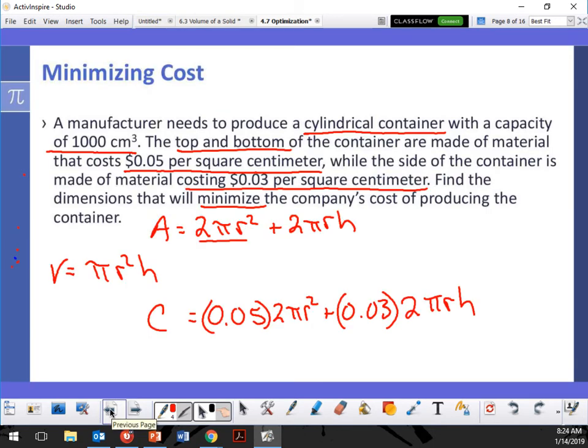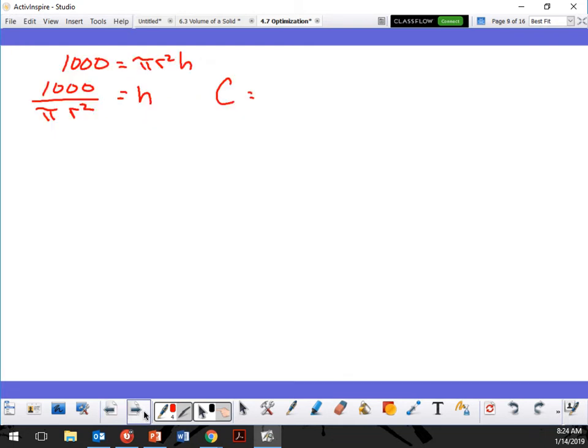let me see. I could actually do this multiplication right here. So the 2 times this to try and get rid of the 0.05. So 5 cents times 2 gives you 10 cents, right? And the other one's going to be 6 cents, okay? So it's going to be 0.1 pi r squared, right? Plus 0.06